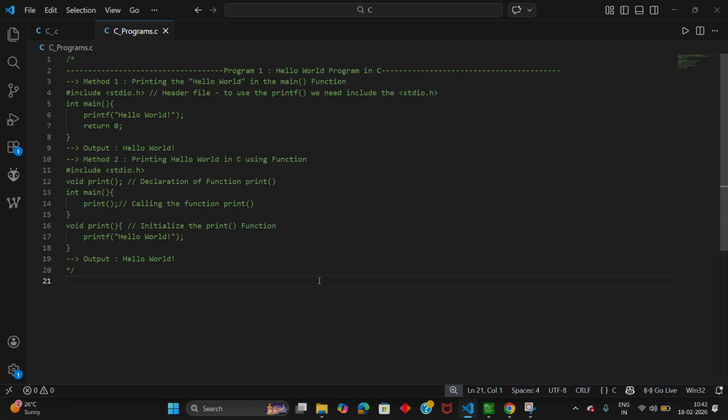In the previous class, we discussed the Hello World program in C. You already know that I have started a new series on C, in which I am going to discuss both C and C++ in a theoretical way and also in a practical way using some programs. In the previous class, we discussed the C introduction and the syntax in the theoretical part. Coming to the practical part, we discussed the Hello World program in C.